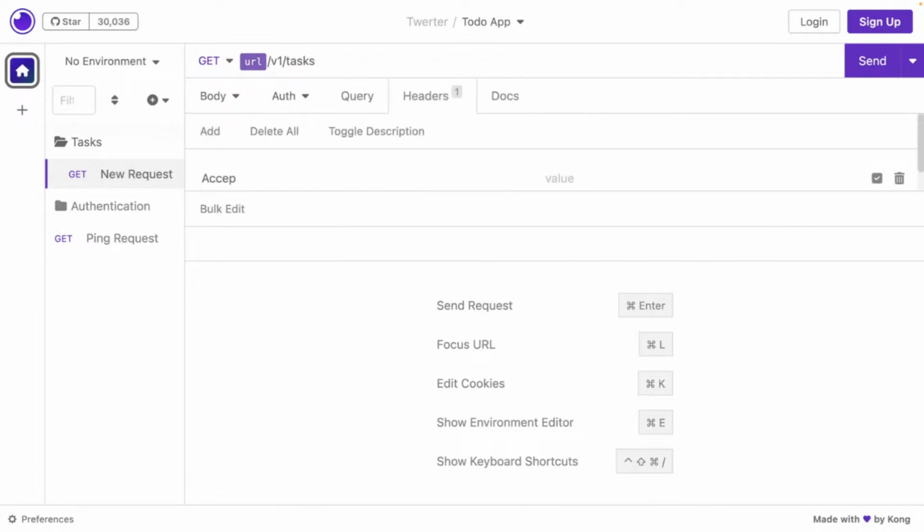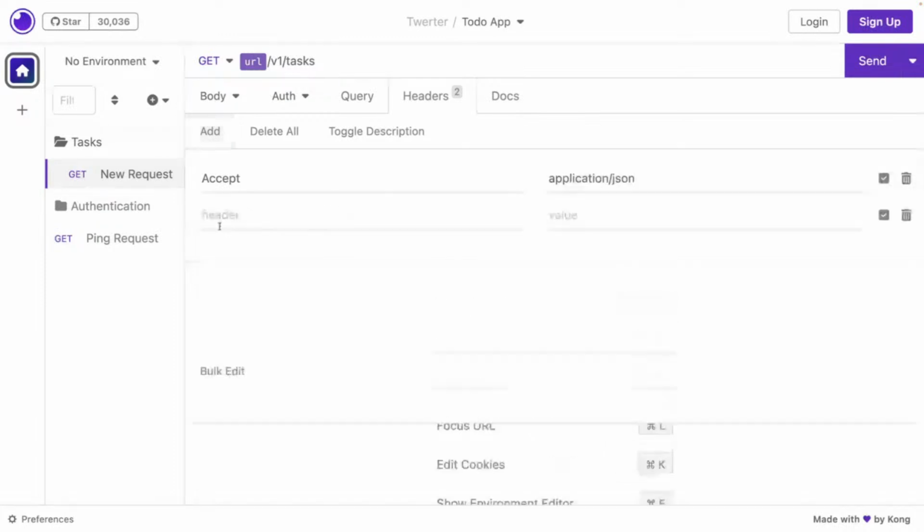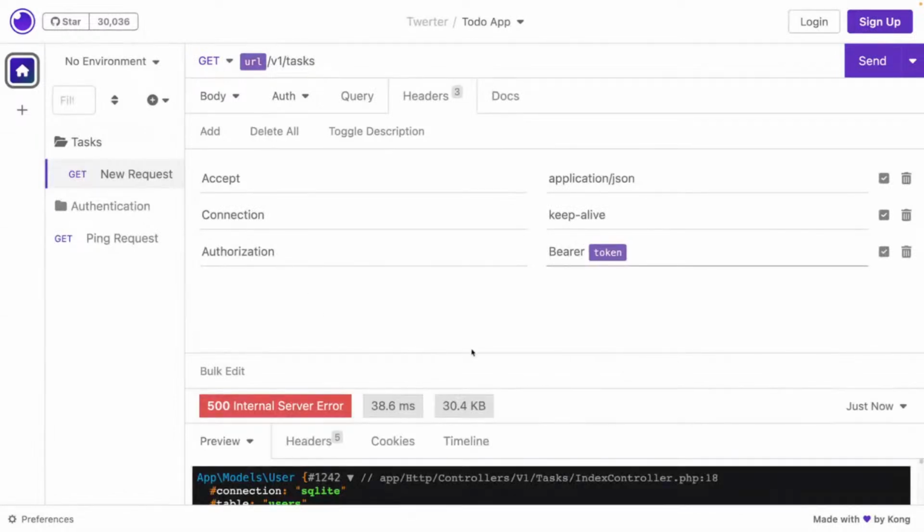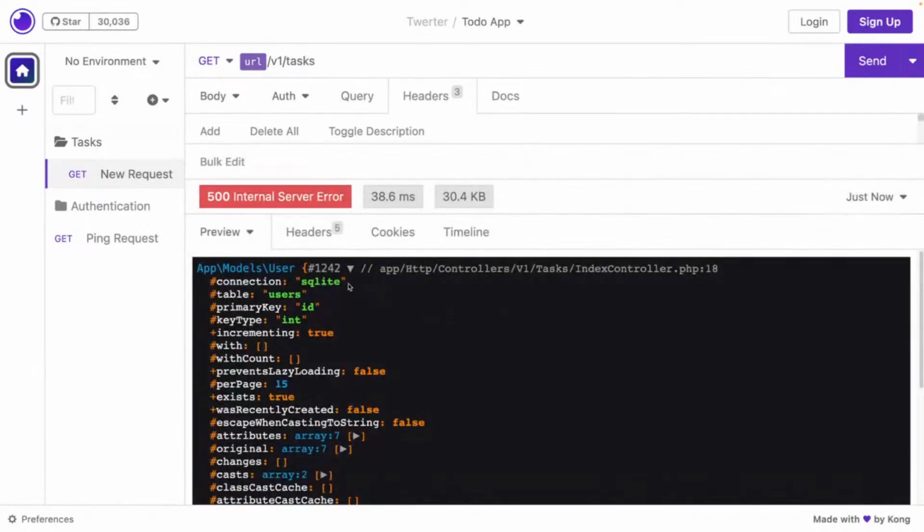You'll get accept application JSON, and we want our connection to be keep alive, and we want our authorization to be a bearer token using our token. Send that. So we have got the authenticated user record